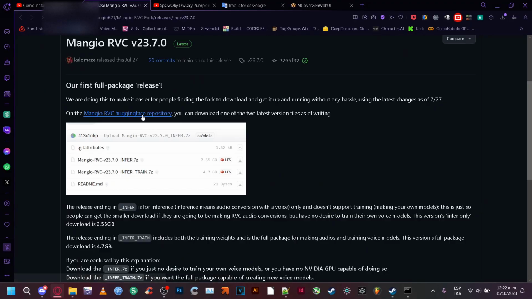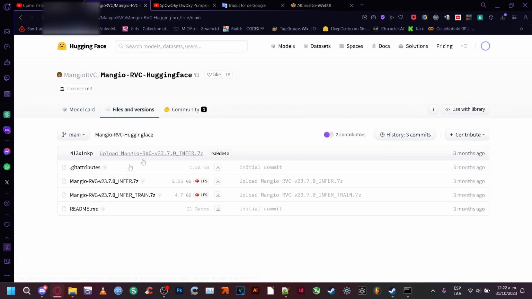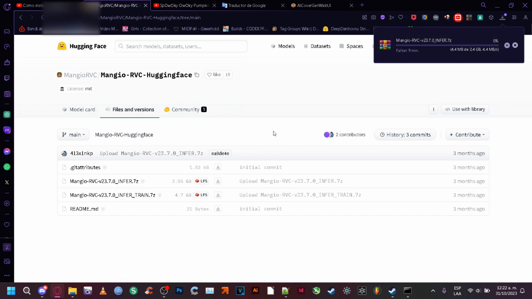We want to download the ManURPC program because the AI cover gen duplicates the normal vocals with the model vocals, and it's not good. The two vocals are there. We want only the AI voice model to say things, not the other normal voices. So we're going to the repository, this Hugging Face page, and download the ManURPC